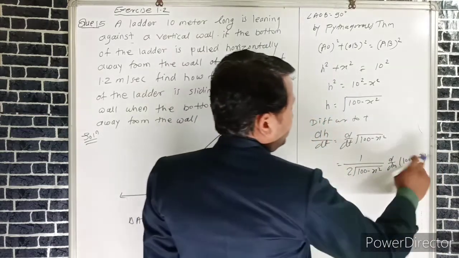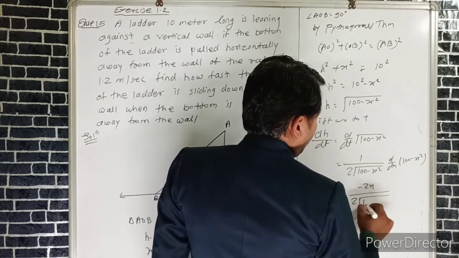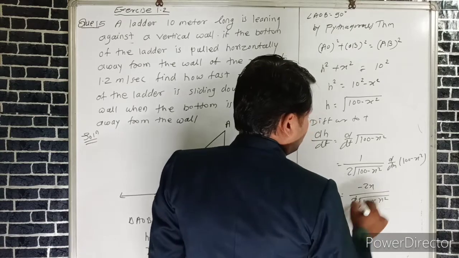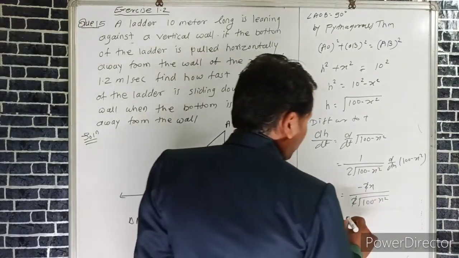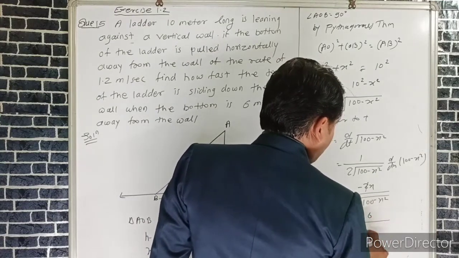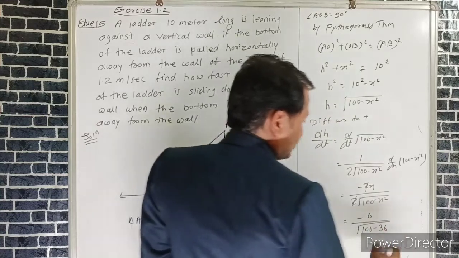Derivative of 100 is 0, derivative of minus x square is minus 2x upon 2 under root of 100 minus x square, which is 2 to get cancelled. The value of x is 6. If we put this value, which is 6, we get minus 6 upon under root of 100 minus 6 square, which is 36, into